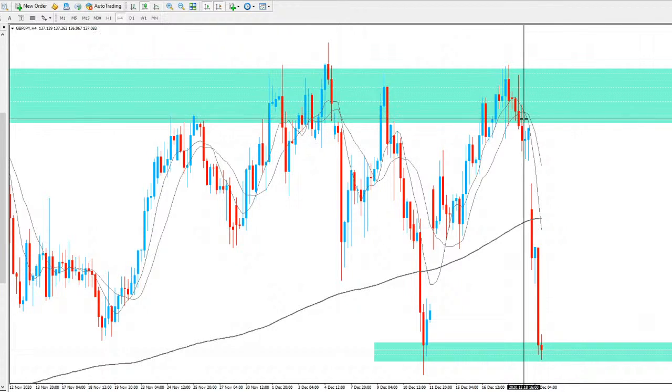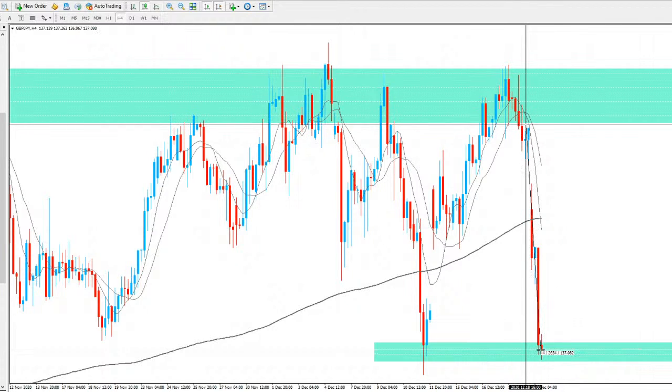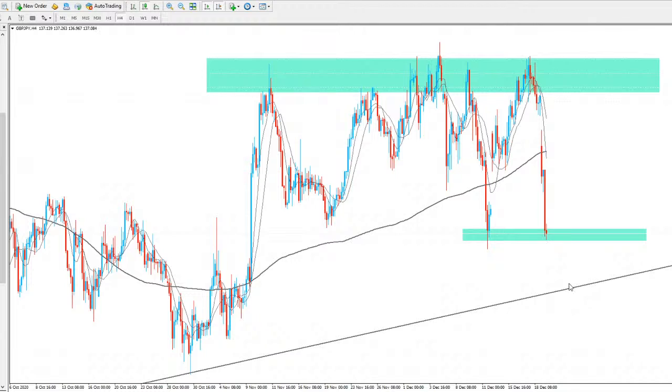As you can see, if I measure this move to the downside, it's over 260 pips, so you do expect to see some retrace in the market before we continue. Maybe on the hourly or the lower time frames, you can take advantage of that retrace to the upside. But I do expect price to eventually break through the support and go test that daily trend line, or potentially even further if we keep up this bearish momentum. We've been trying to break this resistance numerous times, and because we've had this impulsive move from that same level, it looks like price said to us we're not going to break it, and potentially we could be on our way down to create some lower lows for GBP/JPY.